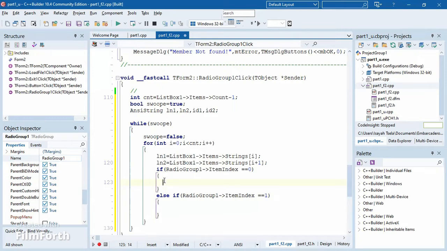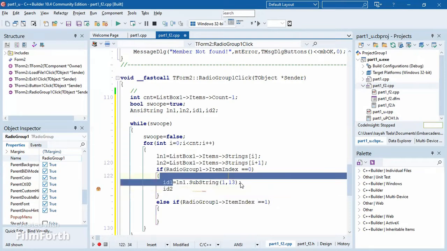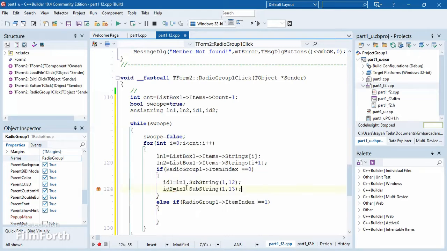So we are going to say ID1. Already we have declared our variables. ID1 is equal to line 1 dot substring. We substring from 1 to line to the position of, oh, we don't need the position because here it's an ID. So it's straightforward like that. So on the second one, we can say ID2. So it's the same thing. We just copy this, paste there, then we change here and write 2